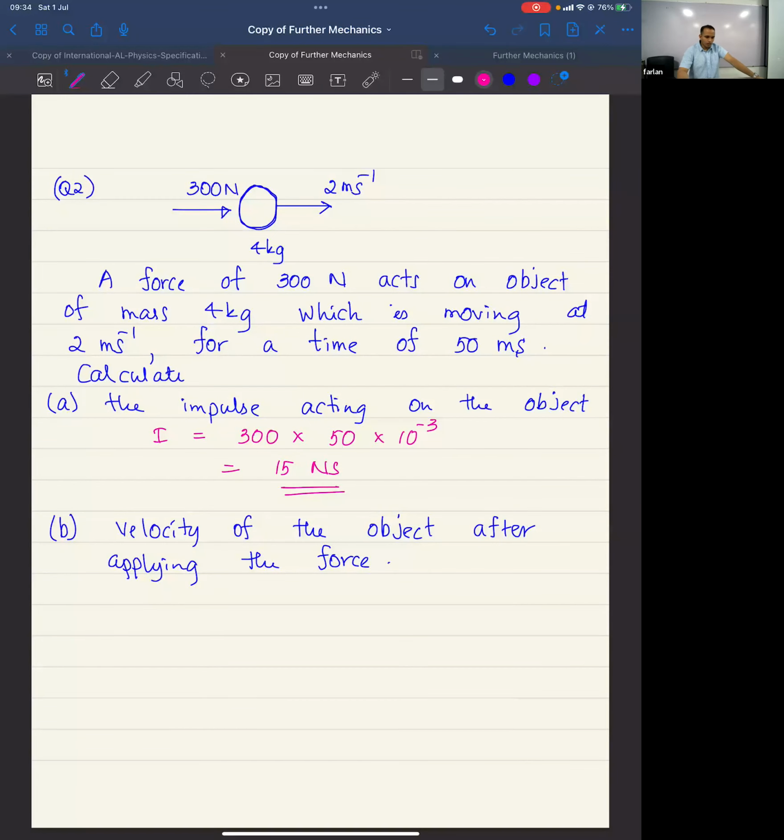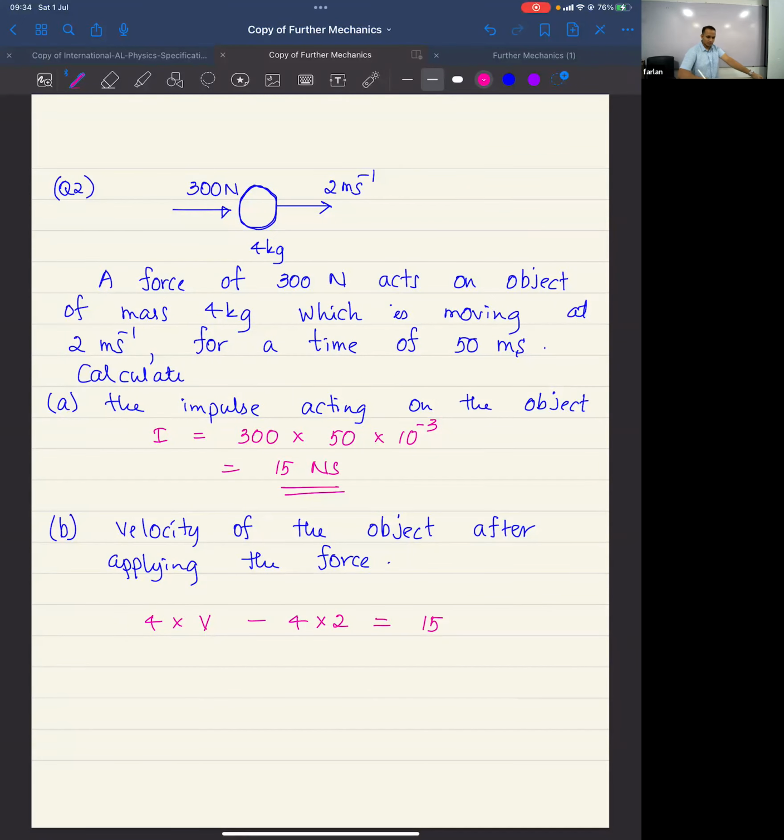So once again, guys, for the velocity of the object after applying the force, the impulse is equal to the change in momentum. So the final momentum is 4 into V. The final momentum minus the initial momentum, which is 4 into 2. 4 into V, the final momentum, minus 4 into 2, the initial momentum. That difference is the change in momentum, which is equal to